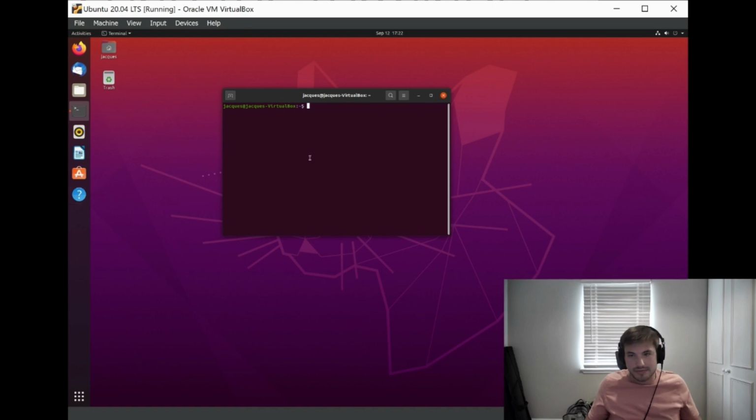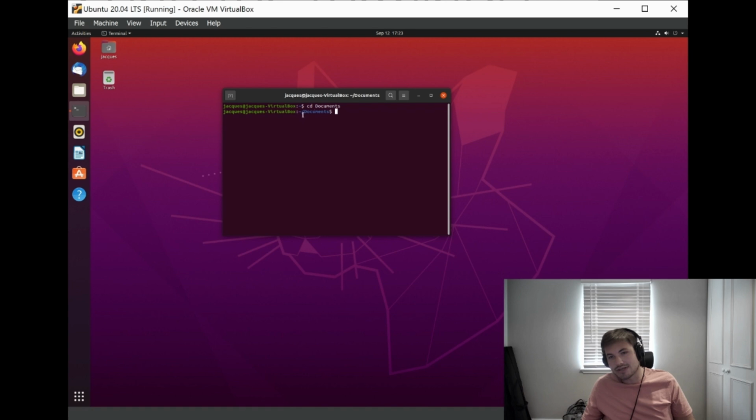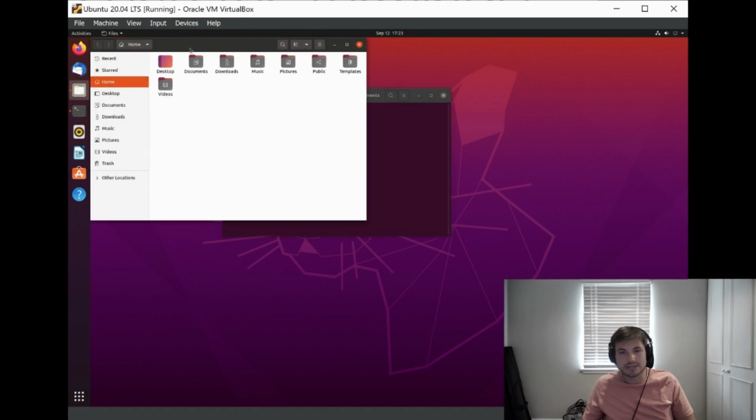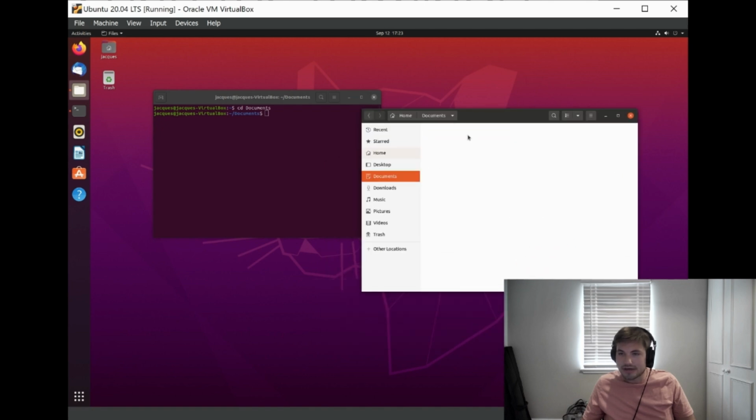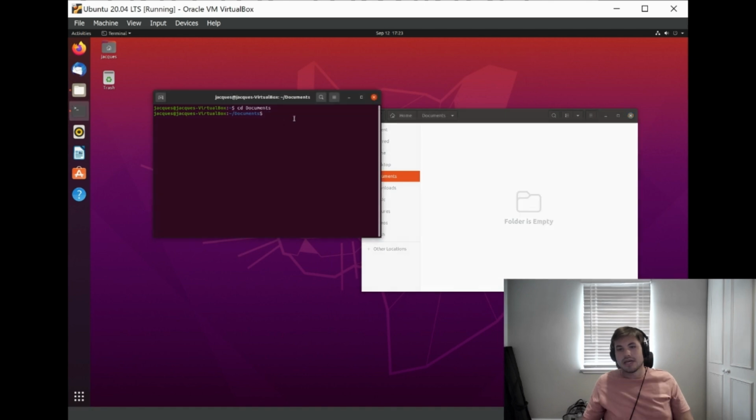And what we're now going to do is, this little squiggle means that we are in the home directory. So we're going to type cd documents and press enter. And what you can see is that we've gone from tilde to tilde slash documents. This is our home folder here. And we've changed our directory in terminal to documents,